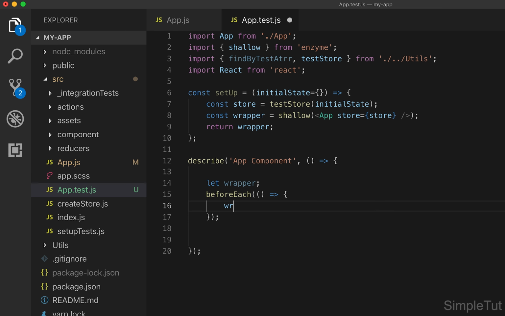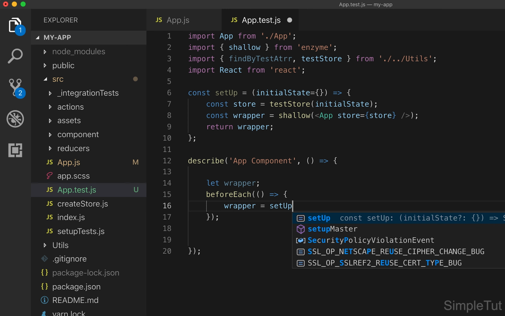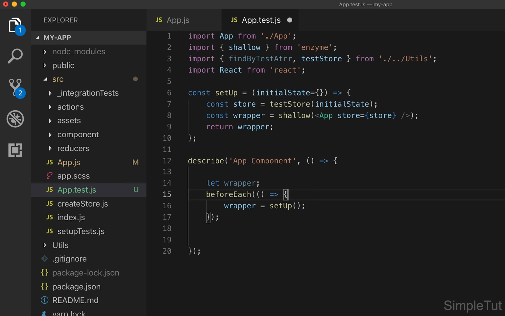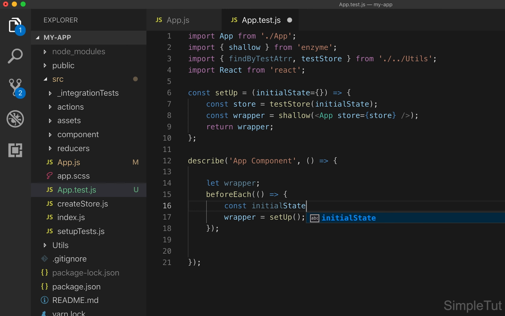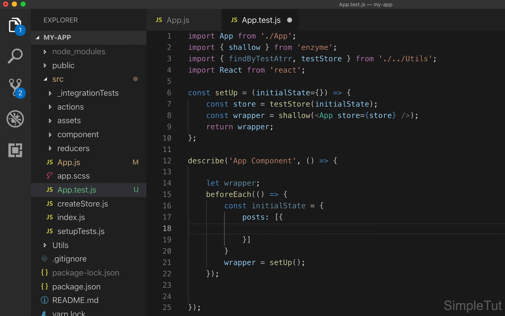And all we're going to do is just go to our wrapper, call our setup function, and we need to create a const here for our initial state, and it's going to be an object containing posts with an array of objects. We're just going to have a title, which is going to have a string value of some example title, and a body. Going to have another string here of just some